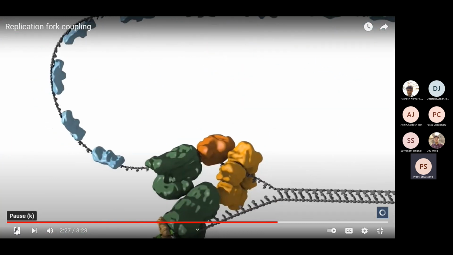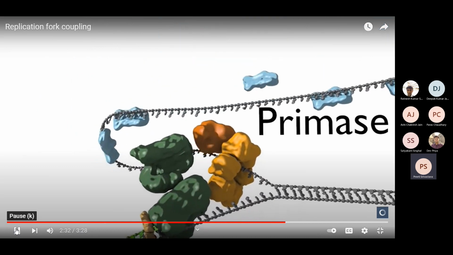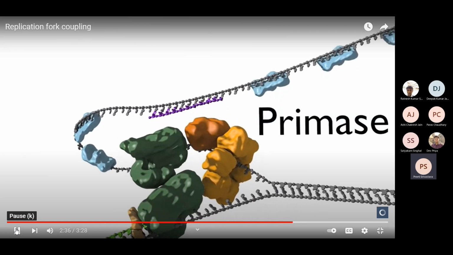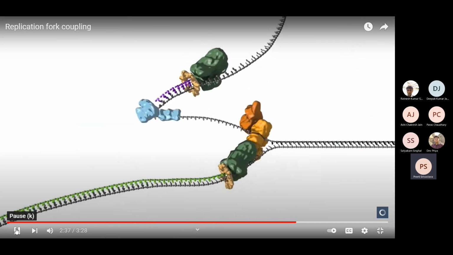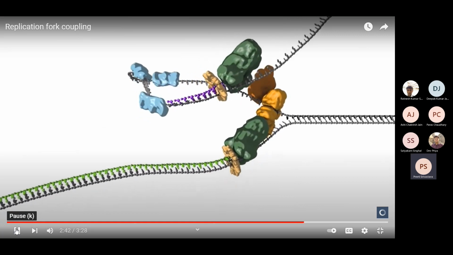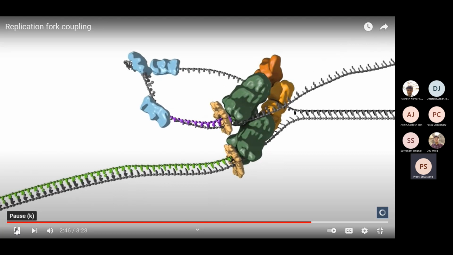While this maturation is occurring, the primase enzyme that is also traveling with the fork as part of the replisome initiates a new RNA primer on the lagging strand. Once this primer is made, the lagging strand polymerase on the replisome, having completed synthesis of the previous lagging strand, then re-engages with the 3' end of the new primer, forming a new loop on the lagging strand.